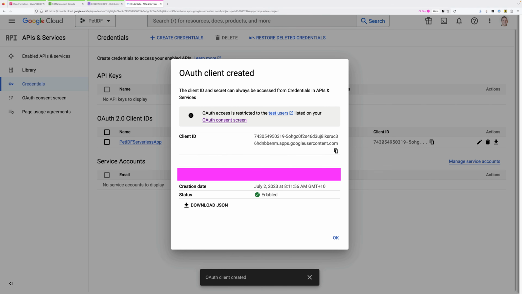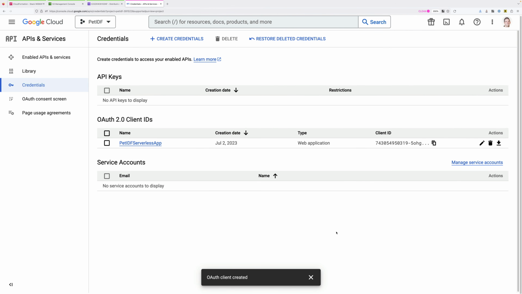Now once this is created, you'll be presented with two pieces of information. You'll have your client ID and your client secret. Now we'll be using the client ID later in this demo series, so go ahead and copy that into your clipboard and note it down somewhere safe, but you won't be using the client secret. So while I have hidden this on my screen, you don't need to worry about it, you won't be using it. So make sure you've got a note of your client ID, and then just go ahead and click on OK. Now that's everything that you need to do in stage 2 of this demo series.